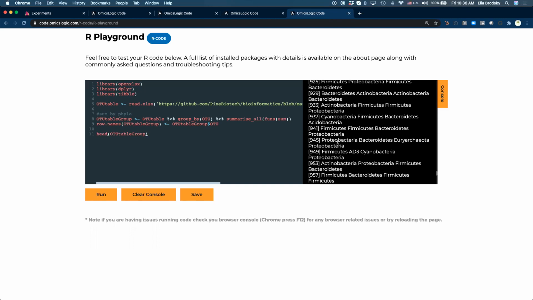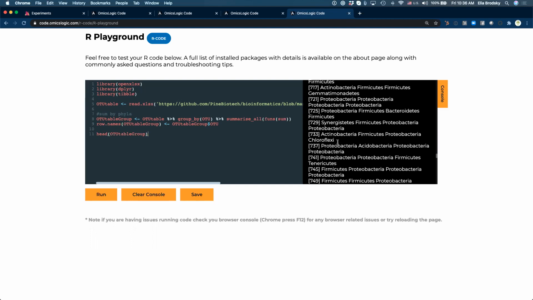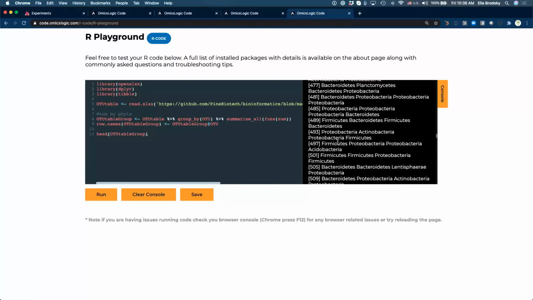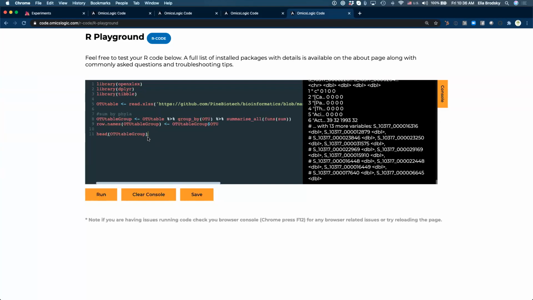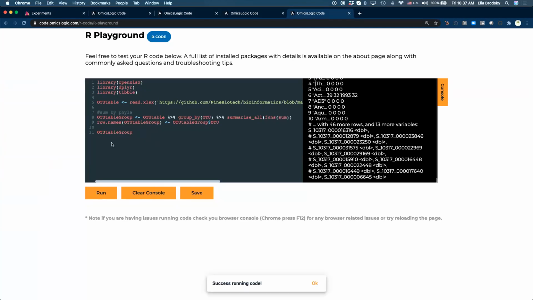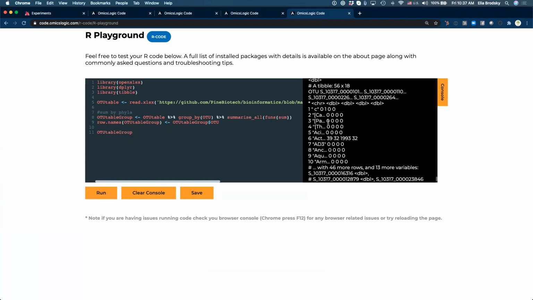So you can see here, this was 56 different phyla, and now we reduced it down to 20. Okay, so 13 more variables.